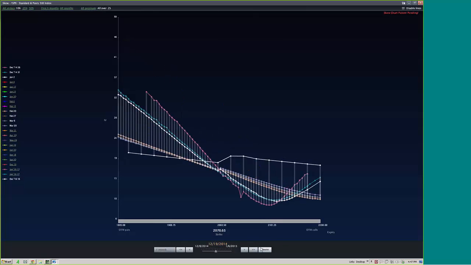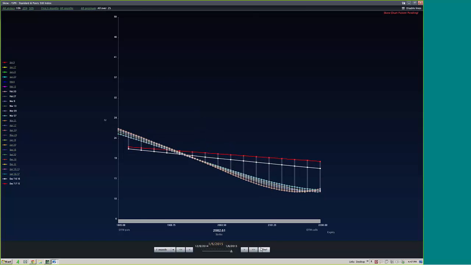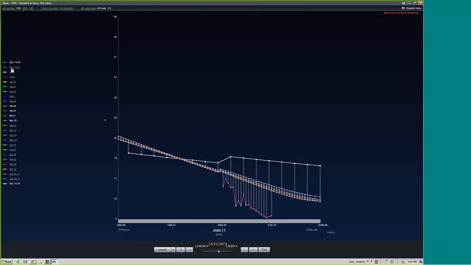It's just playing through what the vols look like. So I can look at any specific day, see what's happening, see if the vols have gotten steeper or less steep over the last few months. If I want, I can take my little cursor over here and move it to a specific day. Oh, look at this. I don't want to look at these old December ones, so let me get rid of those. I can go back and take a look at any specific ones that I want to see,